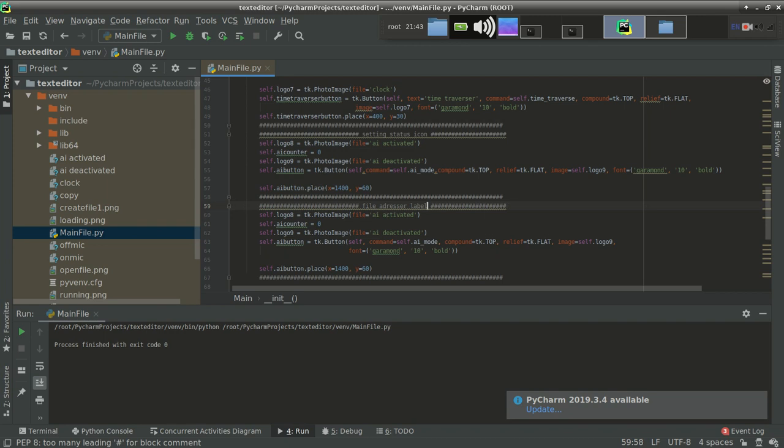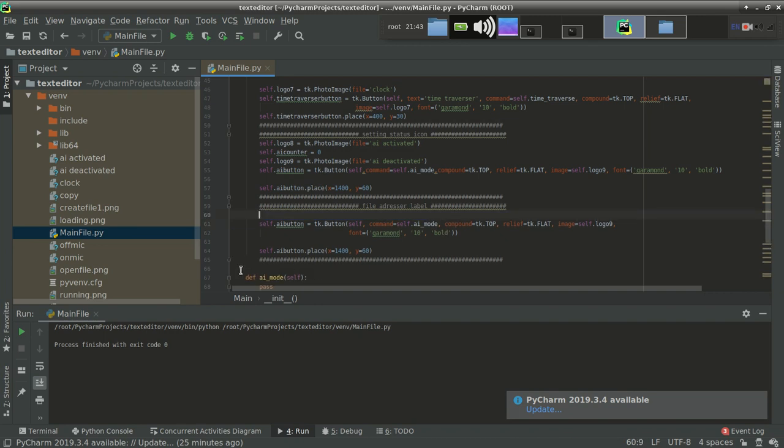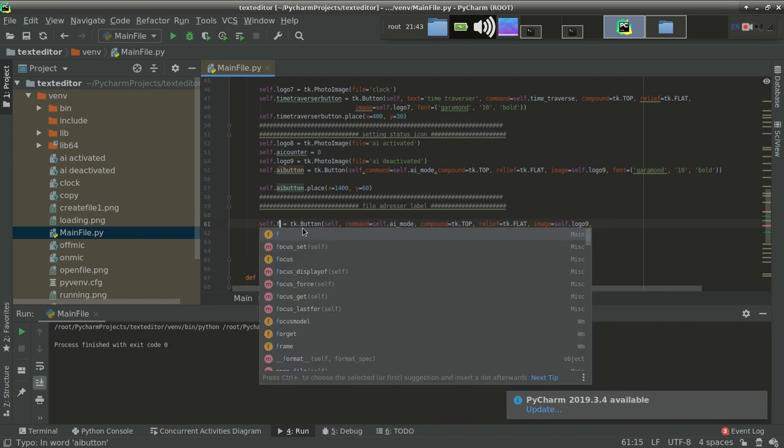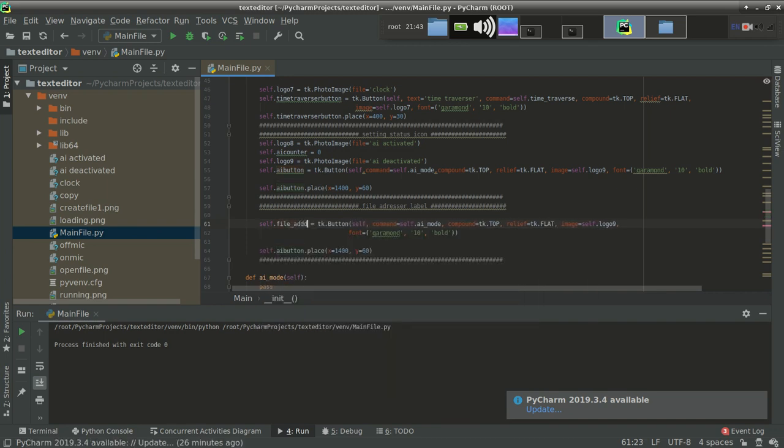So we are not going to use any image over here, that's why there is no need to import any image, or any need to use any counter. So just remove that. Here we have the file address label, so provide the name as file address label as tk dot label.